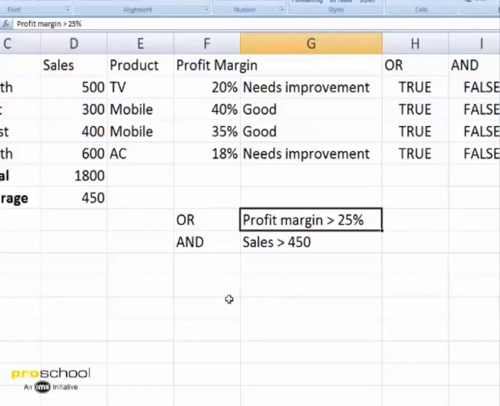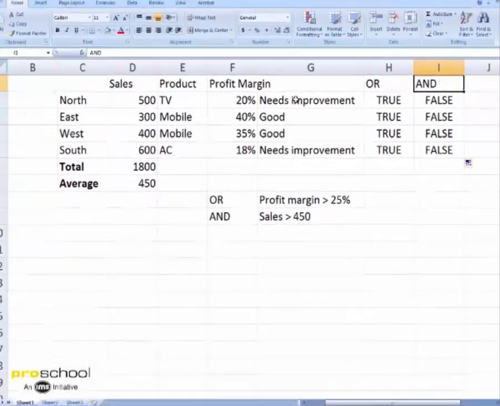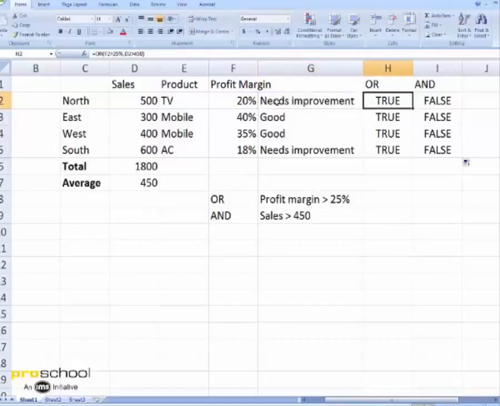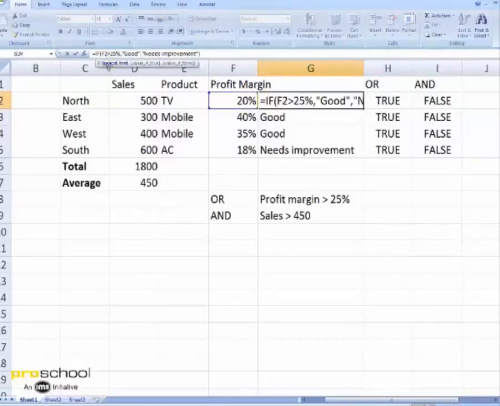So now, as we said, the places where OR and AND operators are useful for us is if I have an IF condition where instead of a single condition which I have used here, I want to use multiple conditions. So then I could use a combination of AND or OR, which I can embed out here and then use that for checking my IF conditions. So what it means is, if you see here, the first condition, the logical test, requires a true or a false, and that true or false condition is given by the OR or the AND operators.